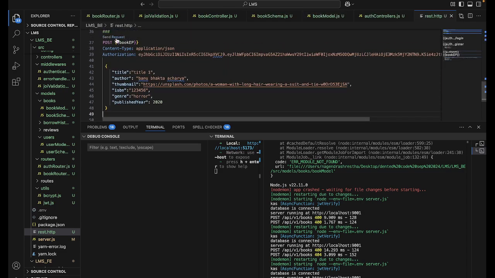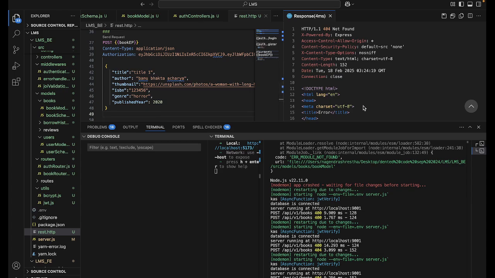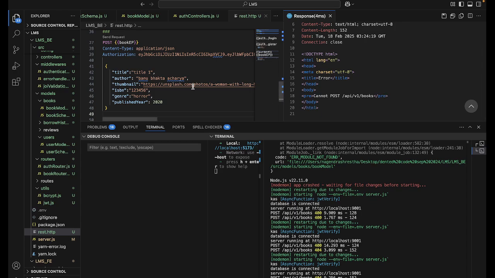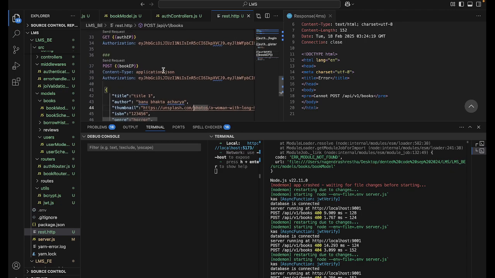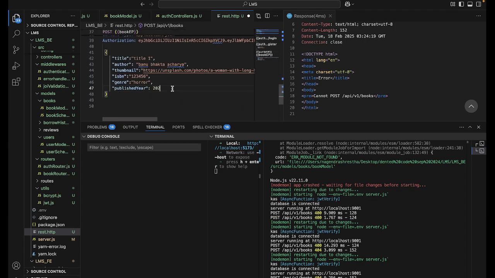Send the request, so error आएछ हैन, so what's the error कता हुन्छ? So cannot post भन्ने छ हैन, so let's see, authorization, it doesn't matter है, it doesn't matter।